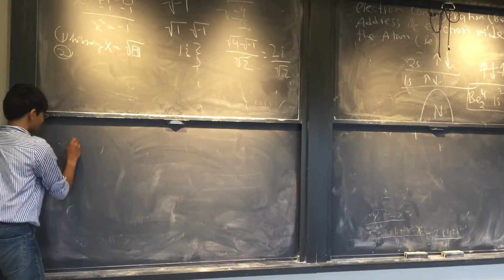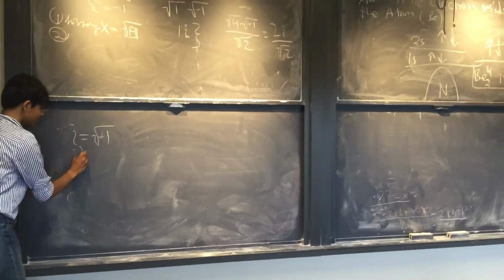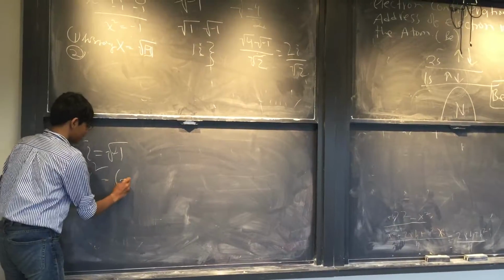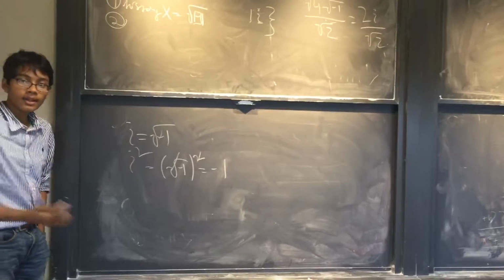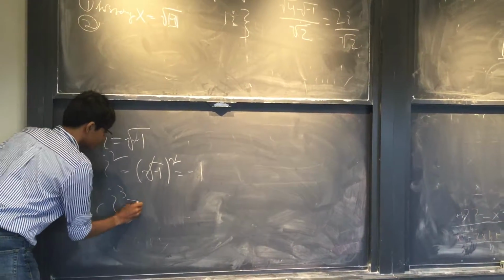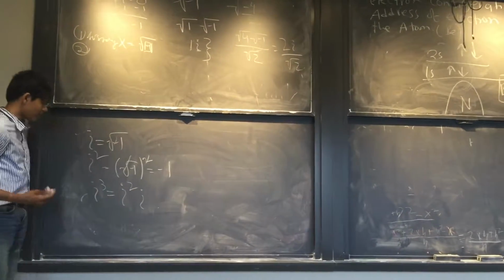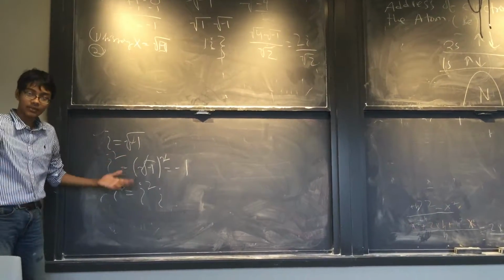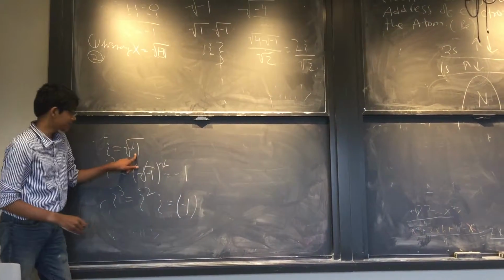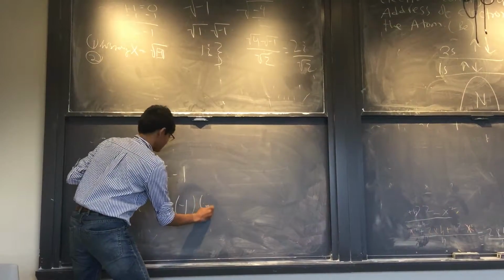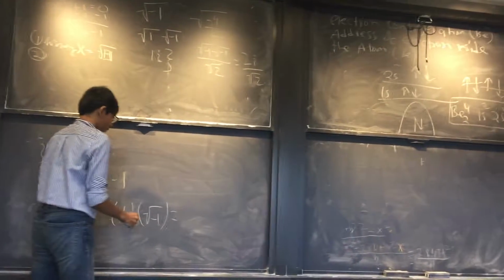Let's say you have i equals the square root of -1. We know that, right? Okay, what happens if we square i? We get the square root of -1 squared. We get -1. i cubed, you take i squared times i. Now, i cubed, you don't have to do i times i times i. That would just be too long. We take i squared, which is -1, and multiply by i, which is the square root of -1. That would give us, of course,